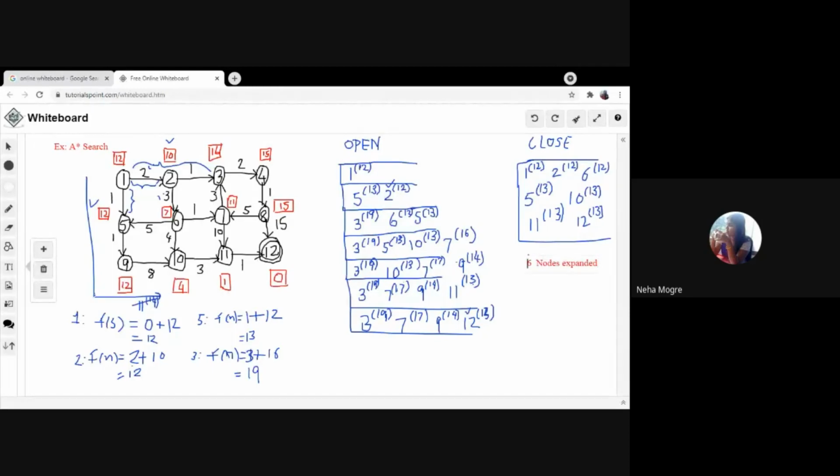Or initially you can write minimum cost to reach goal node is 13. Okay, and total 6 nodes are expanded.